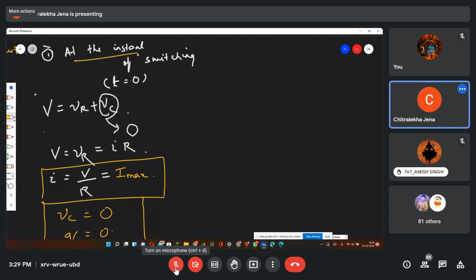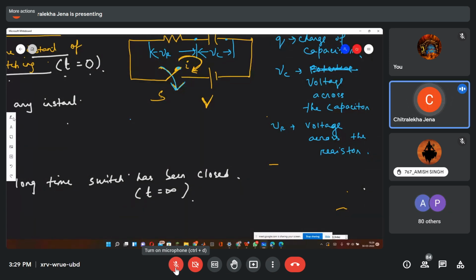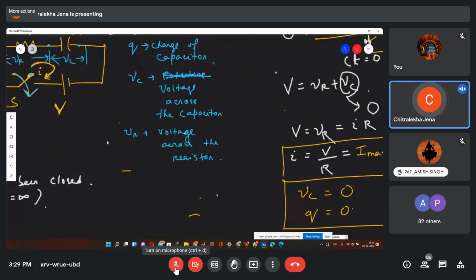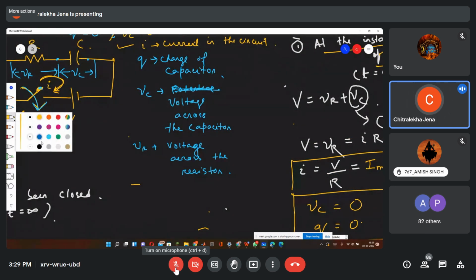A long time, the capacitor will be charged. Like your mobile phone, if the switch has been closed for a long time, it will be 100% fully charged. Yes or no? So here similarly, whatever voltage I have provided to the capacitor, that capacitor will charge up